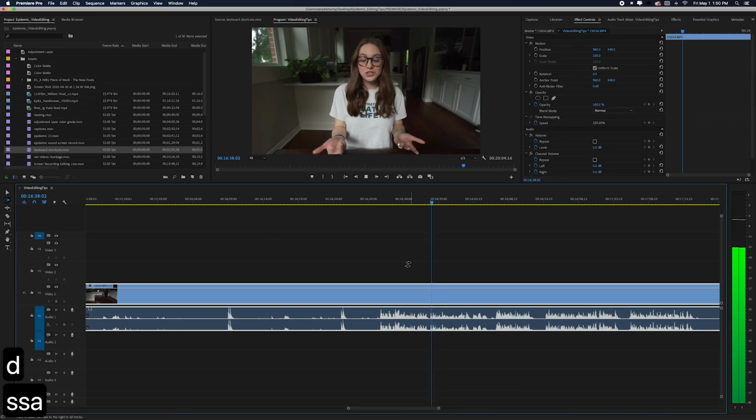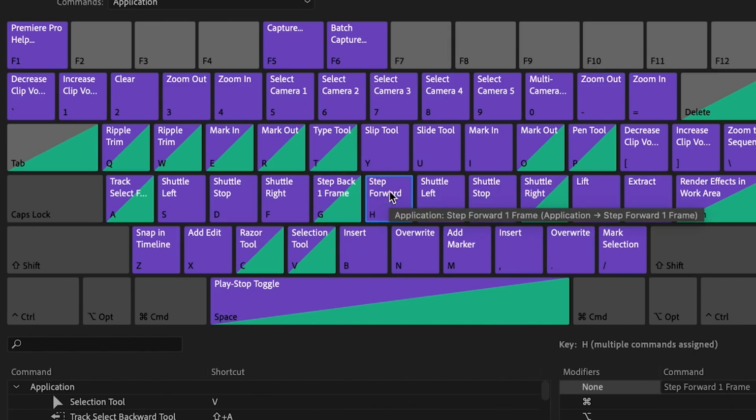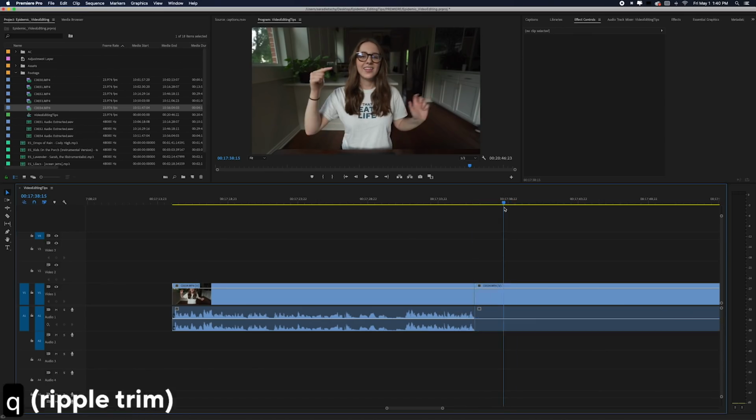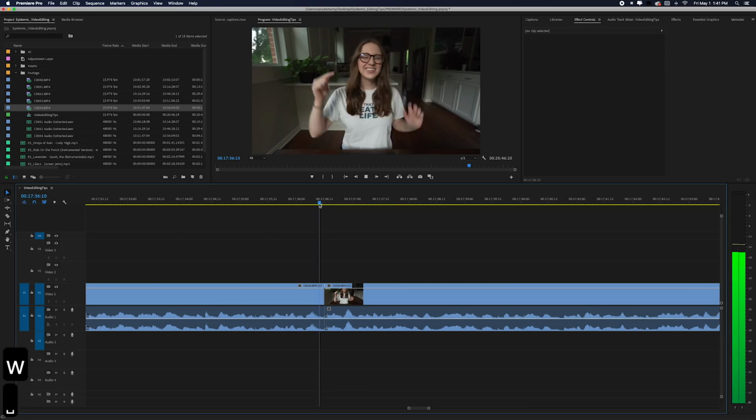But the main shortcuts that I've added are for G and H. I found that I would still use my right hand to shuttle 1 frame back and forth using the arrow keys. So now you press G, it goes back 1 frame. Press H, it goes forward 1 frame, just like you're using the left and right arrow keys. Having that right next to SDF, which is the JKL, makes it so much easier to do jump cut editing because a lot of times when you make that initial cut, you maybe need to go back just 1 or 2 frames to get the precision you want.